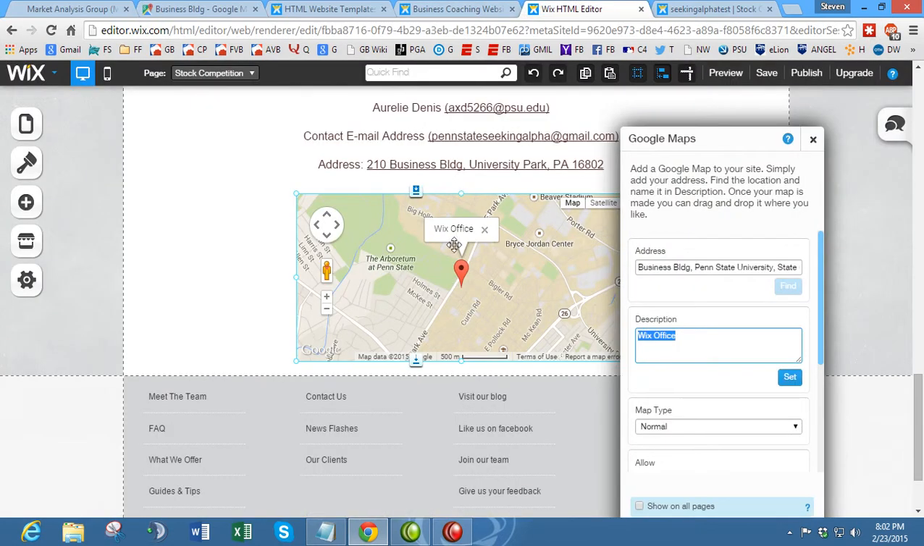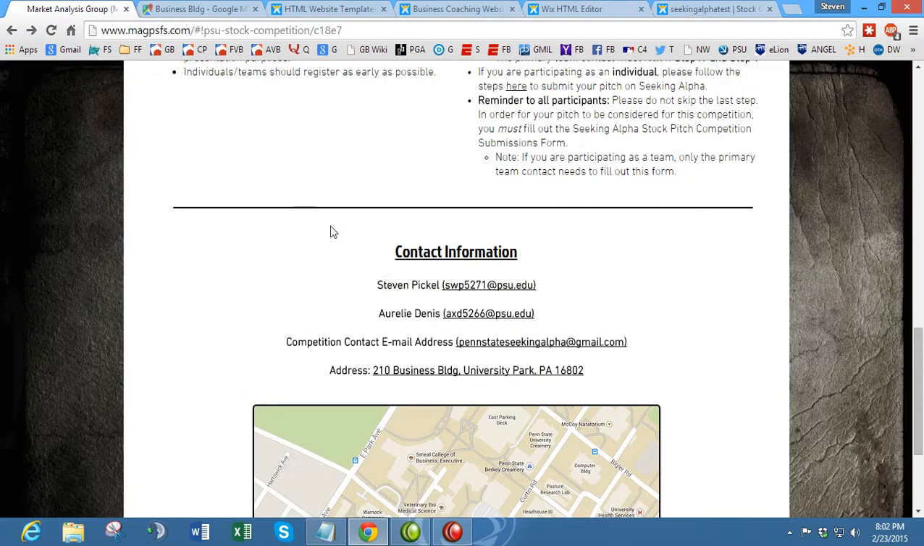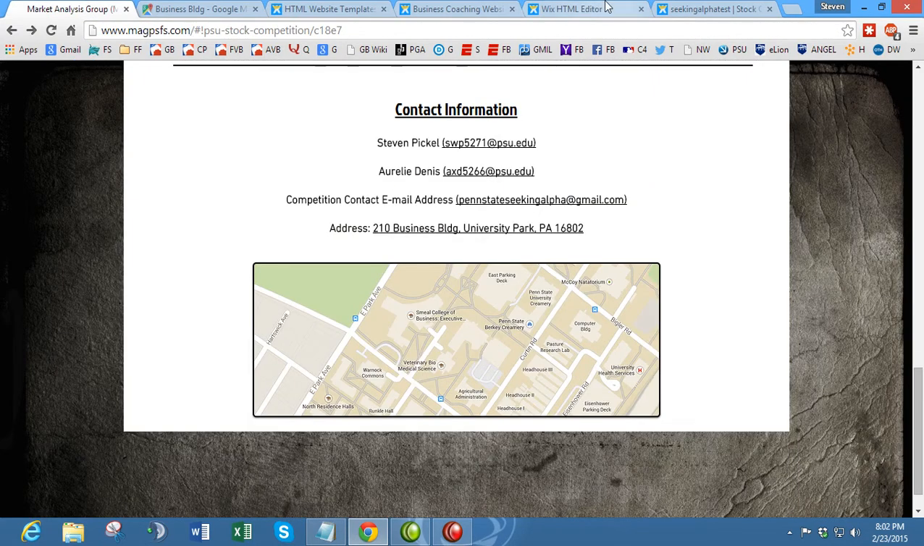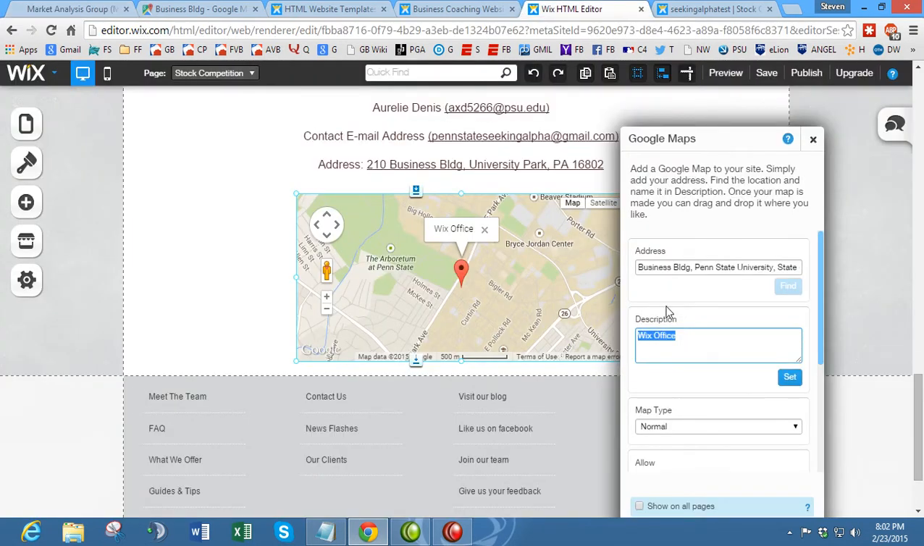Yeah, and you can always double check if you think it didn't grab it, but as you can see, it did. It grabbed the correct place. All right, so for them, we can just change this to Smeal, or whatever your business building name is. So, Smeal College of Business. This would be like a Penn State. So there, that changes the map,